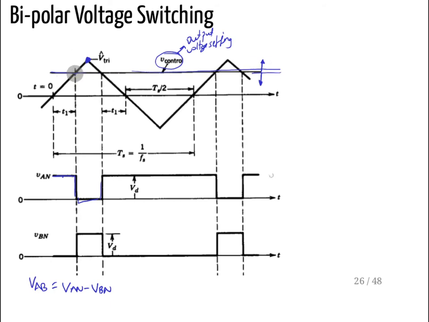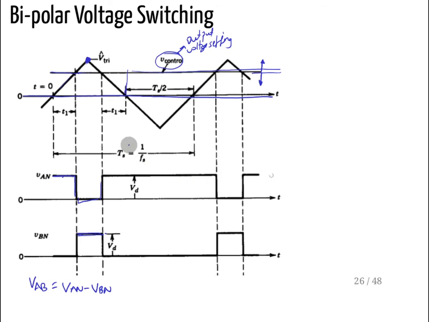So let's say I put my control at 0 reference, then whenever my triangular waveform is larger than my control signal, then I am applying one sequence, and whenever it is less than that, then I am applying